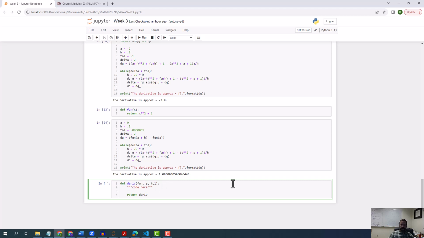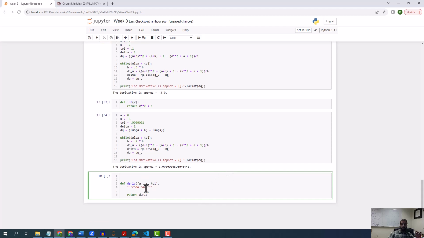So a good habit to get into for something like this, well, there's two good habits. One good habit is to give the parameters fun, a, and tol names that actually mean something. So fun, we know that means function. A, typically that's denoting the place at which we're taking the derivative. And then tol means tolerance. But we can say with a docstring what the function does and what each of the parameters do. So this finds the derivative